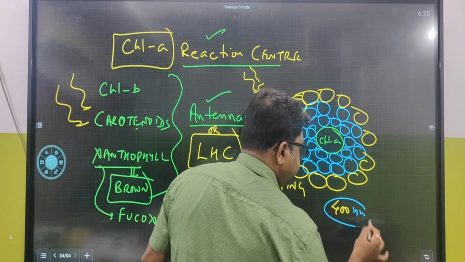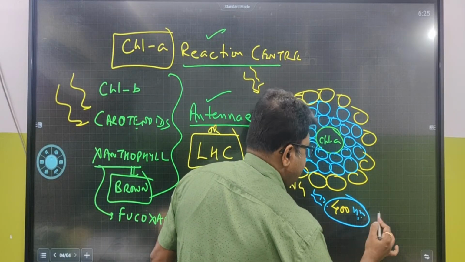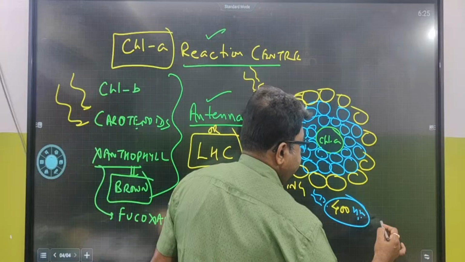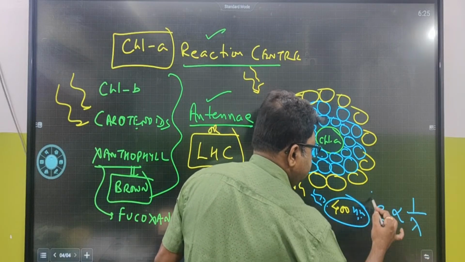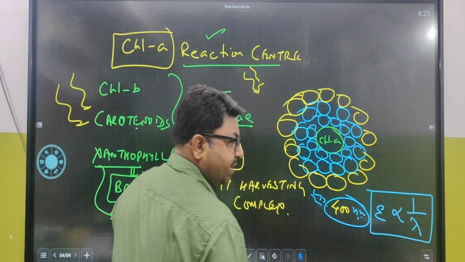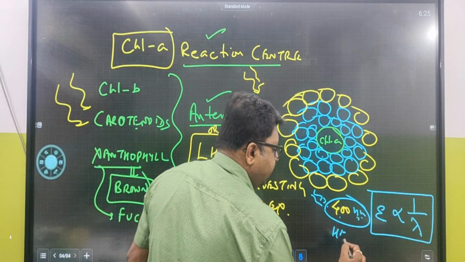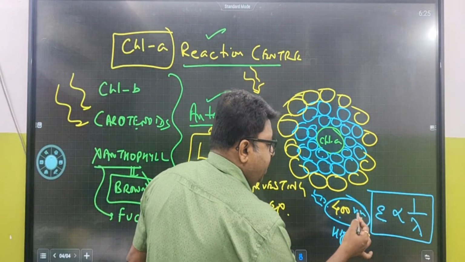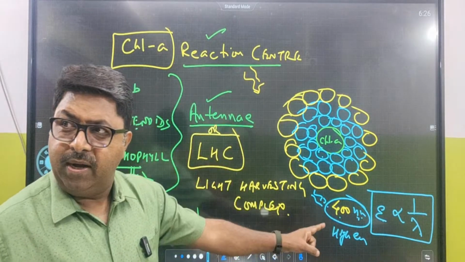Energy is inversely proportional to the wavelength, fine? So if it has a low wavelength, it has high energy. The moment this gets excited, this 400 is going to give